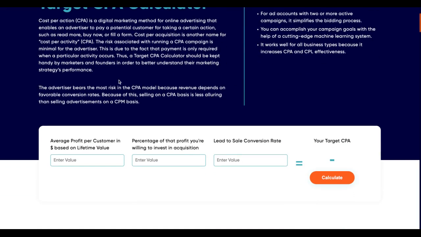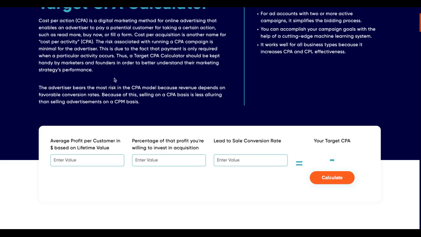So let's first understand what target CPA is. It's an automated bidding strategy which helps advertisers like you to get more conversions at a target cost per action. So it basically leverages historical campaign data and real time signals to adjust your bids and optimize for conversions. So the goal of target CPA bidding is essentially to optimize data and find the optimal CPC bid for an ad each time it's eligible to appear.